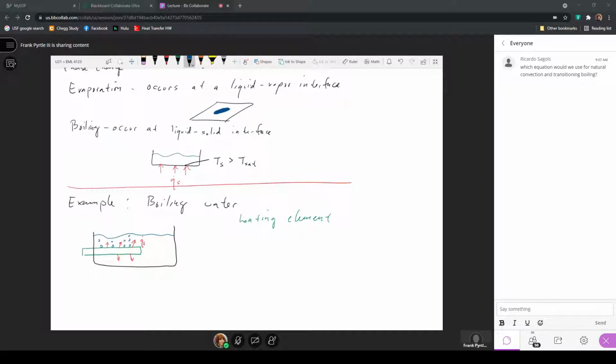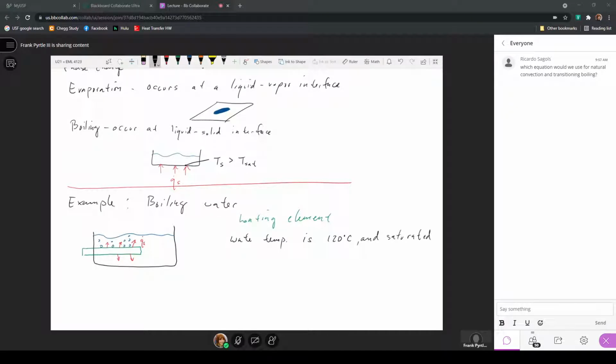There's an additional amount of heat that can be removed from the surface when bubbles actually are formed, because we're adding that additional energy that is required to change the phase, which is the latent heat. So here we're going to consider that the water temperature is 120 degrees C, and is saturated,